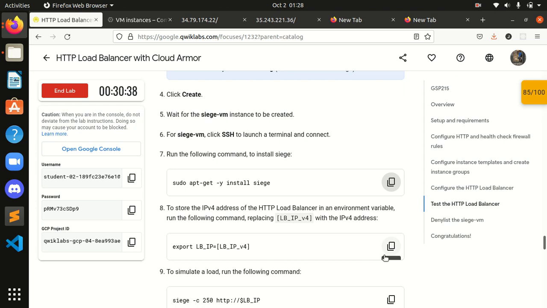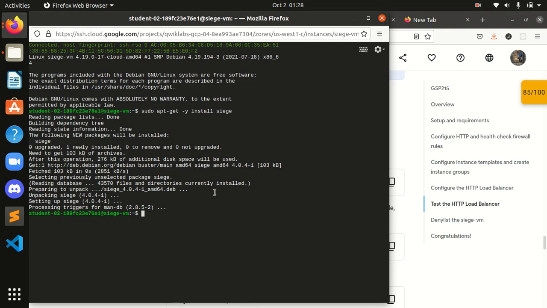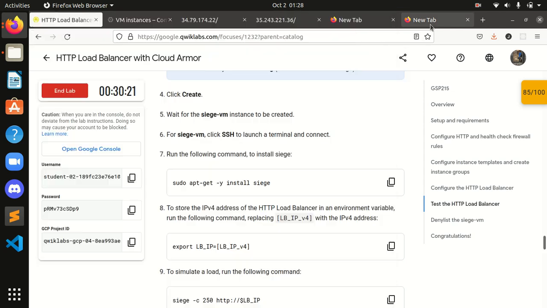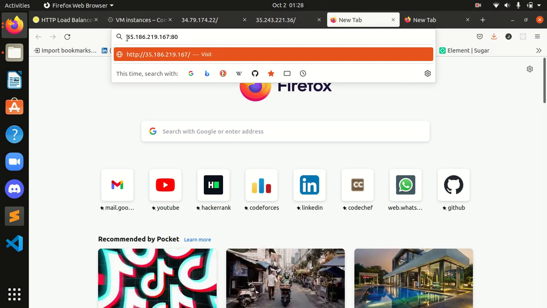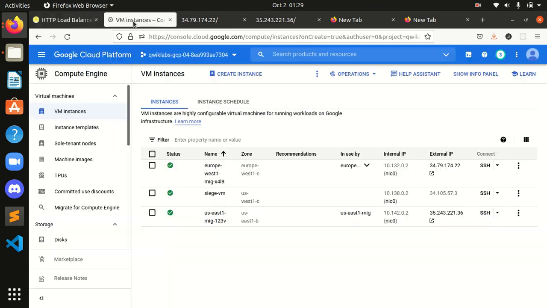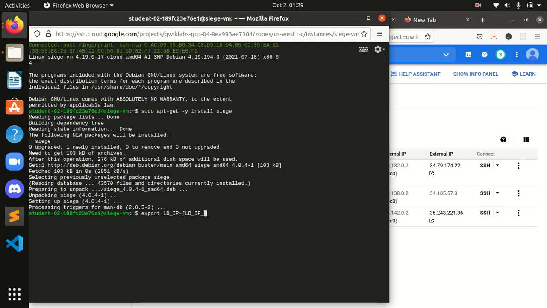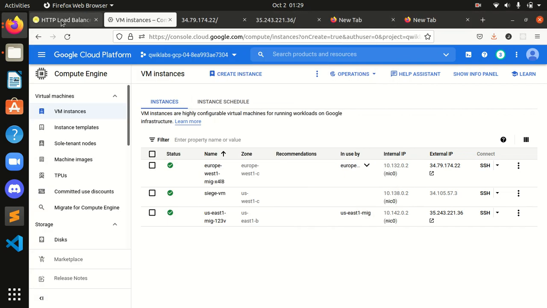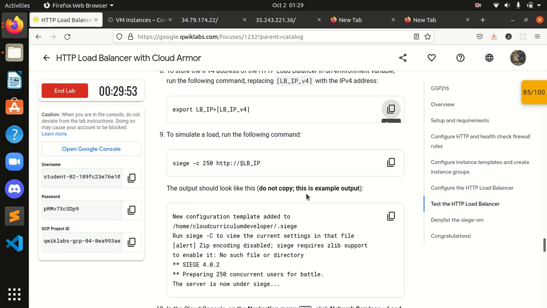Okay, to store the IPv4 address. Okay, we are here, guys, and after that, to simulate the load, run it.